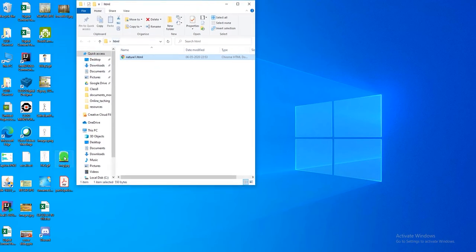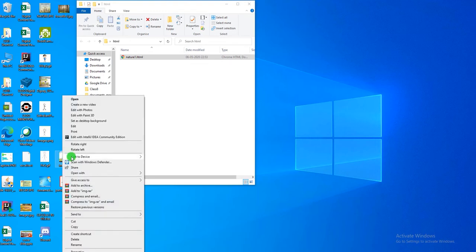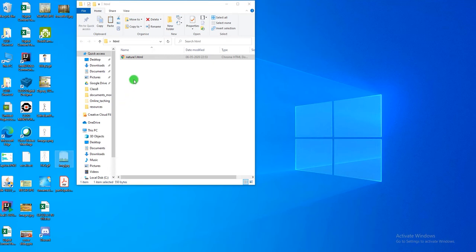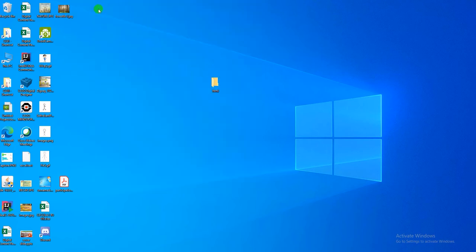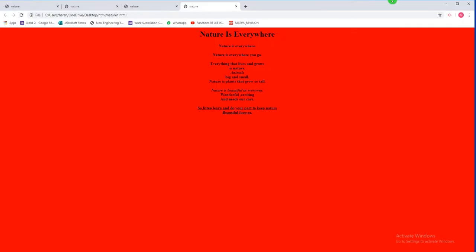See, I have taken up this image as image1.html. I am going to cut this image from here, or I can even drag and drop, that is also okay, and I'm going to paste it here. So the basic idea is the image, all the images that you need in your web page as well as the web page itself, they must be at the same location, like I've put them at the same location. Now I do not need to use the path. The advantage of doing this is I do not need to use the path of my document. For giving a picture, I will simply use the name of the file.